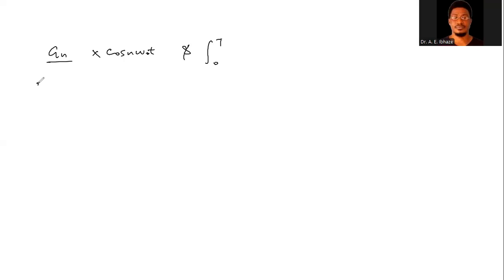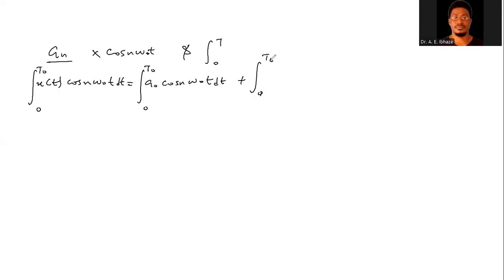So that will give us S of t cos n omega naught t being the same as A naught cos n omega naught t, then we integrate 0 to T naught dt, plus the integral 0 to T naught